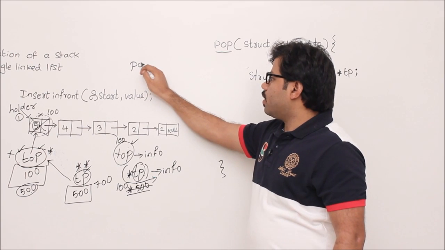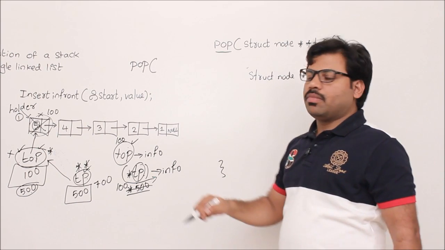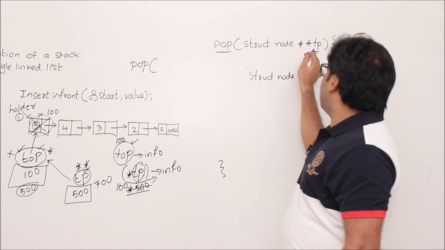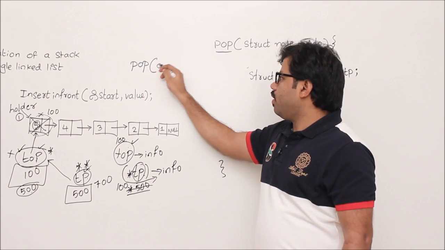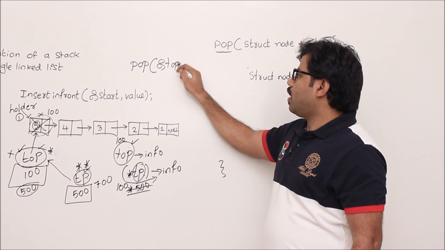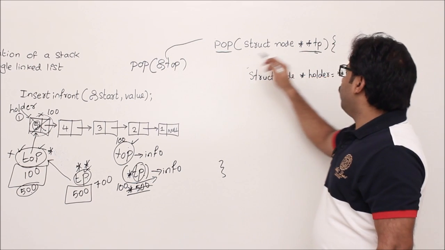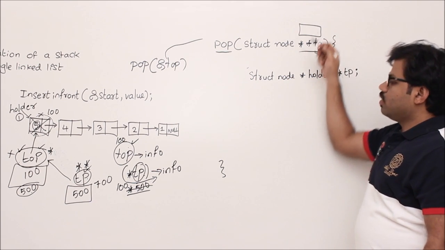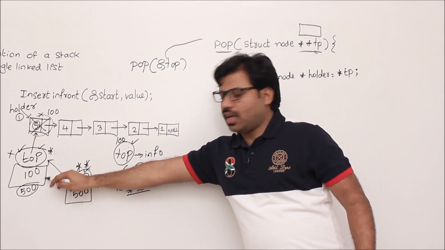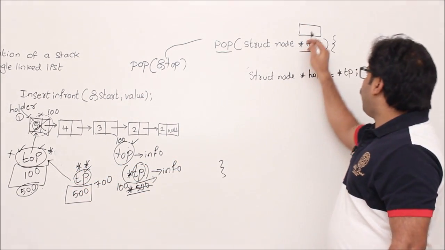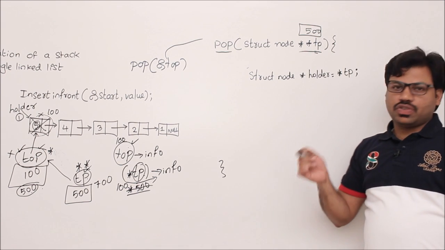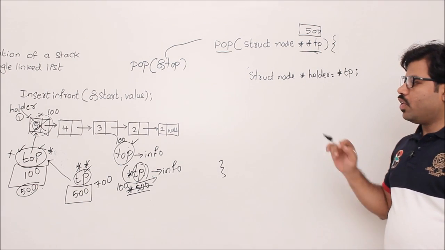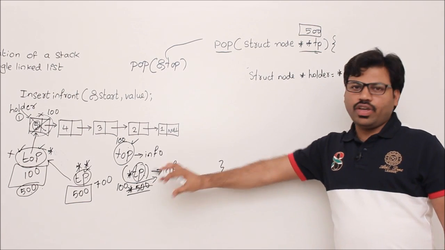To call this pop method you should do this one: pop, because it is a double pointer. Already I told you we have to pass the address of this top. If you pass the address of top, the address of top will be stored in TP. If you see, the address of top is 500, then 500 will be taken by TP. Now TP can be used for accessing top. We know how to access it already, I told you, same way you use it.